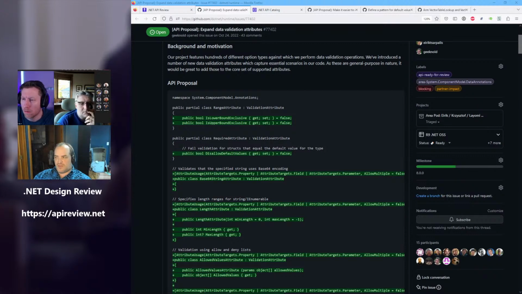So currently disallow is false. Right. I guess what my point is, currently the default for reference types is to allow default values, and the default for structs is to. I think the name should reflect the fact that it's referring to default values for value types rather than null for reference types. Yeah. So disallow default value type.